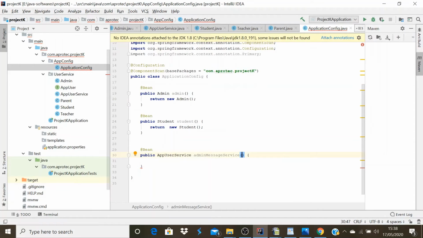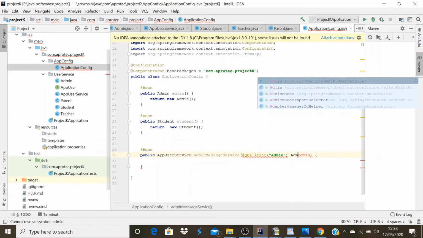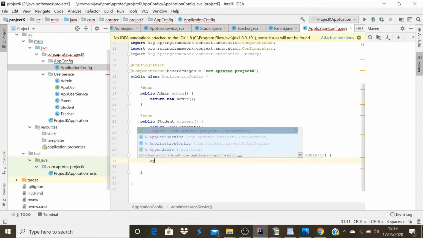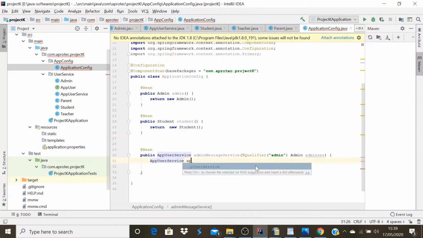To take that particular admin bean, we need to use the @Qualifier, where you give the method name admin, so it will find the bean created for the admin. So I'll say adminService. Now I need to inject this admin bean into the AppUserService constructor.